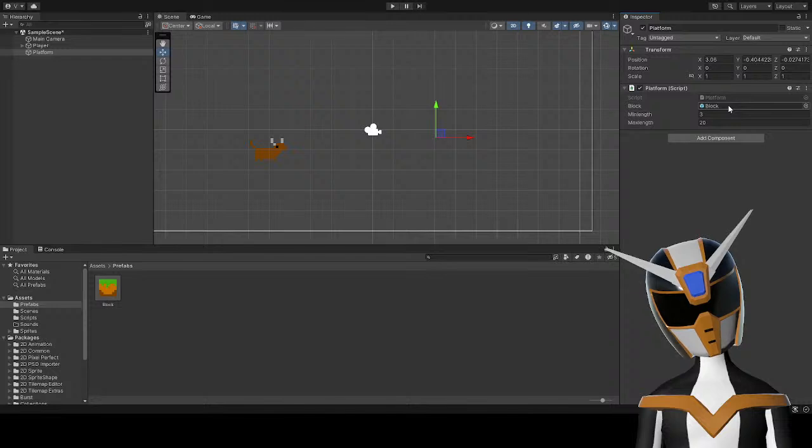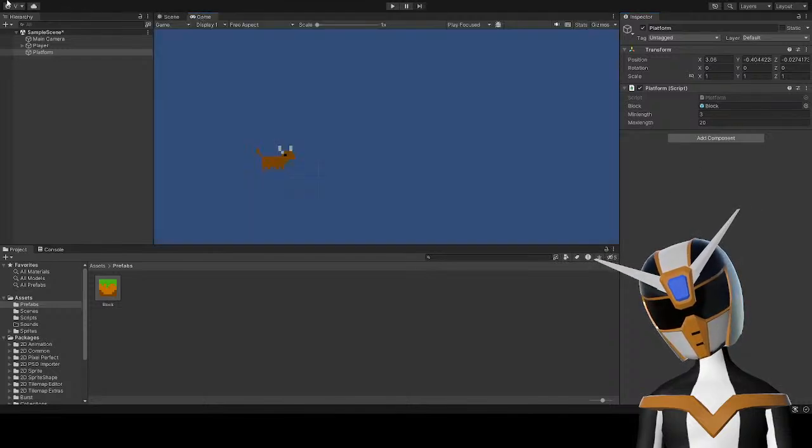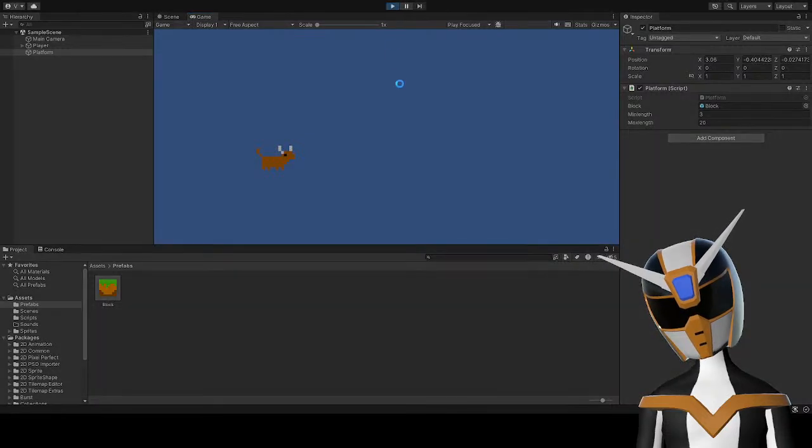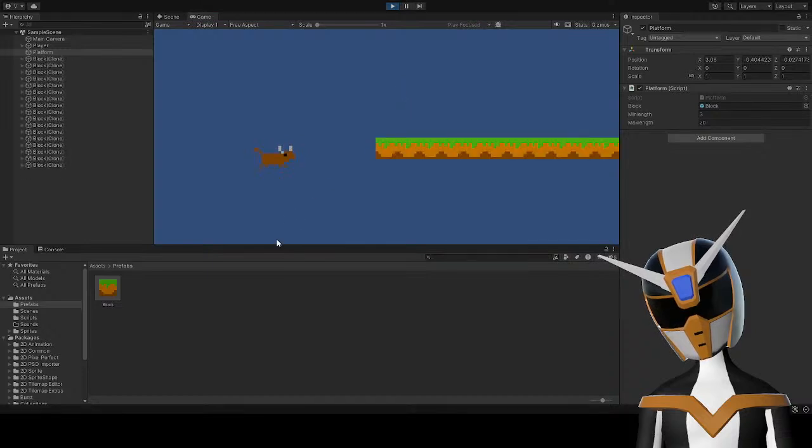Then add this as my prefab. Okay, now let's see if I can make a platform of random length. Let's find out what happens. Whoa! Whoa! Okay. Okay.